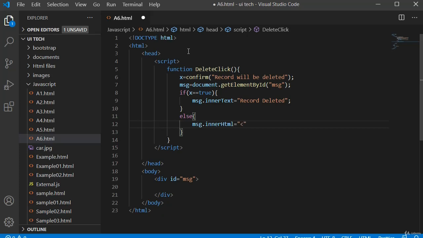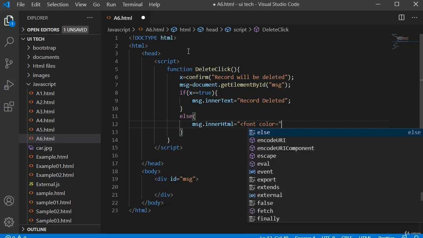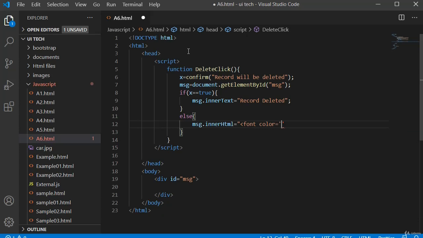So I want to use a font tag and color, color as red, "Action cancelled". Then I want to close my font tag.